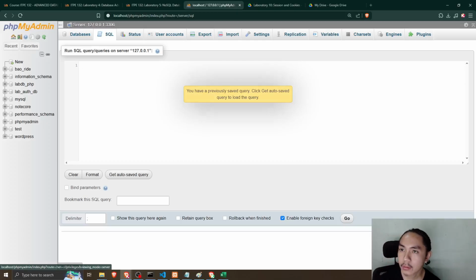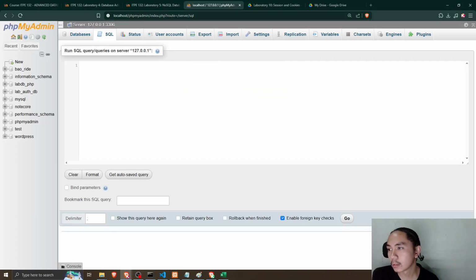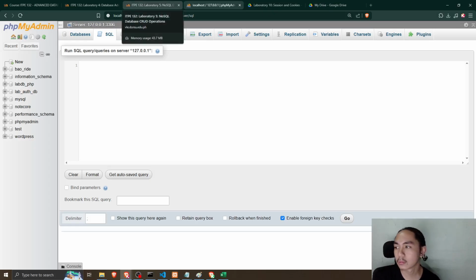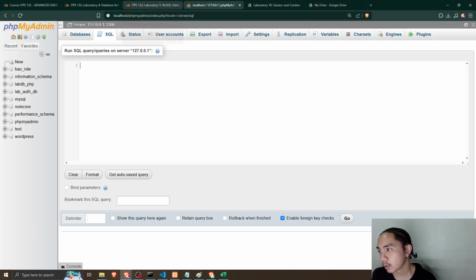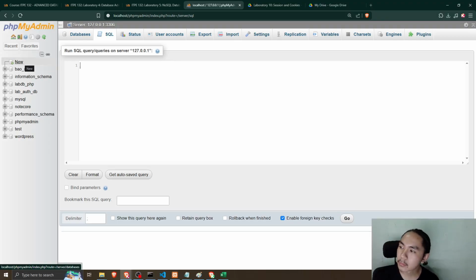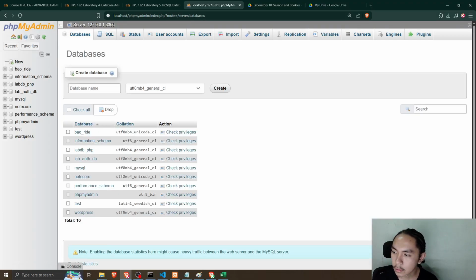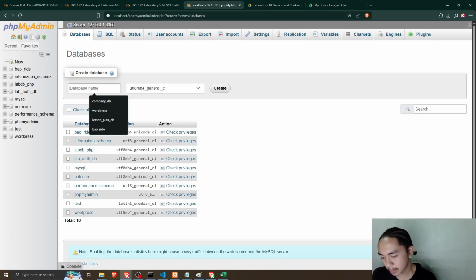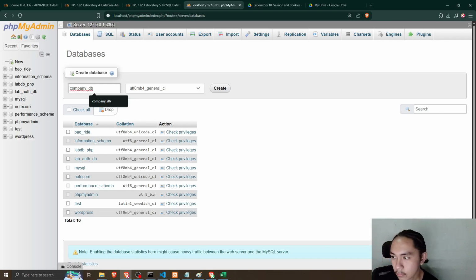So we're back. I've noticed the issue on why we weren't able to import using our exported SQL file. I'm getting an error saying that the company DB, the name of the database, isn't found.